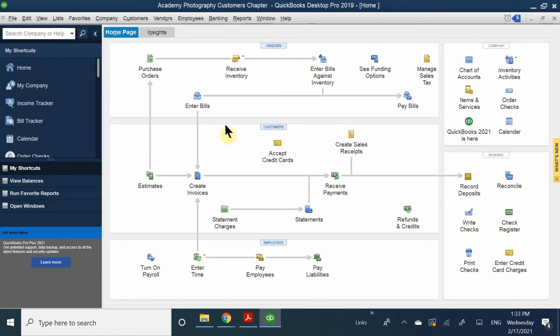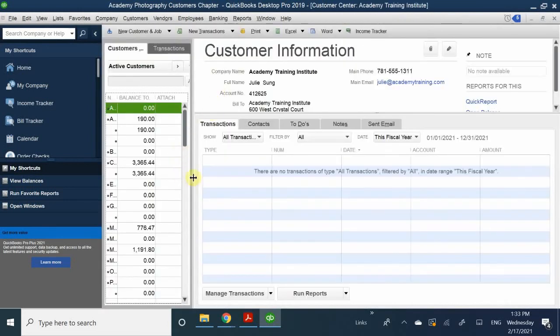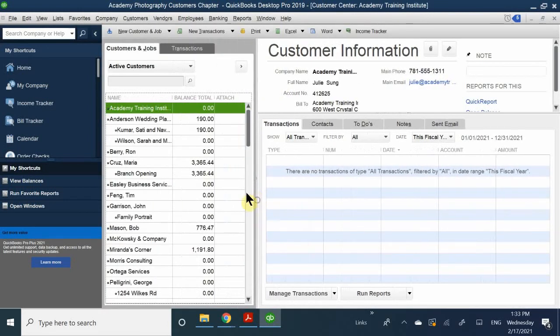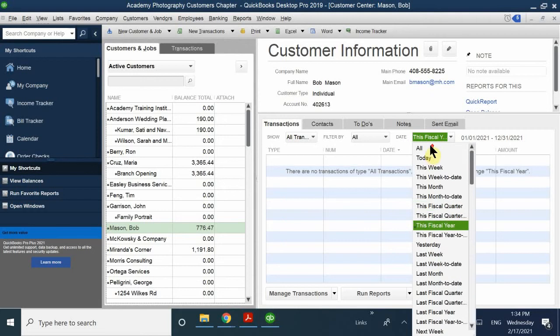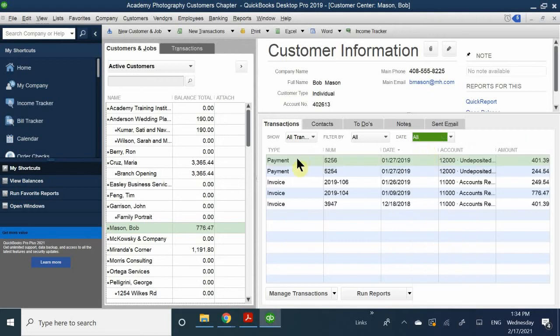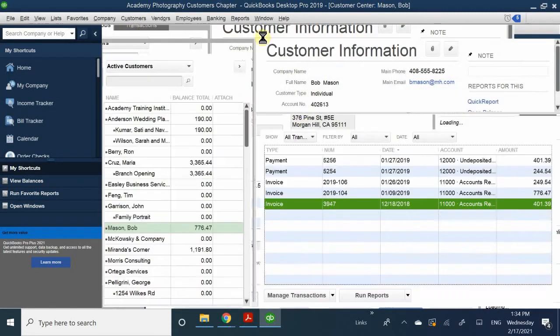Okay, so the invoice already exists. So I'm going to go to my Customer Center on my home page. All right, and we're going to go ahead and take a look at Mr. Bob Mason, who is our customer. So Mr. Bob Mason, here he is. We're going to take a look at all of his transactions. And then we're going to be looking at invoice number 3947. So by double clicking on that little invoice there,